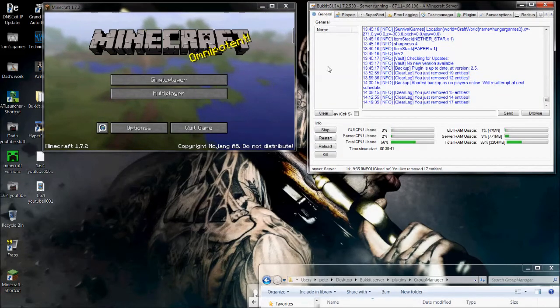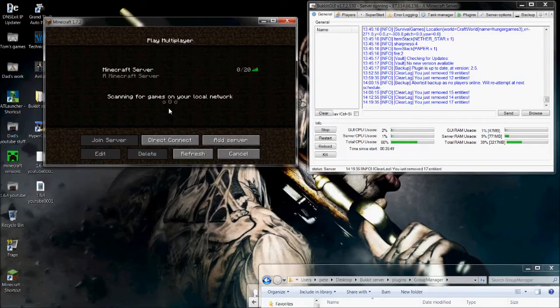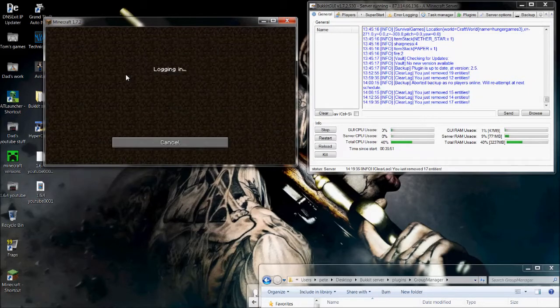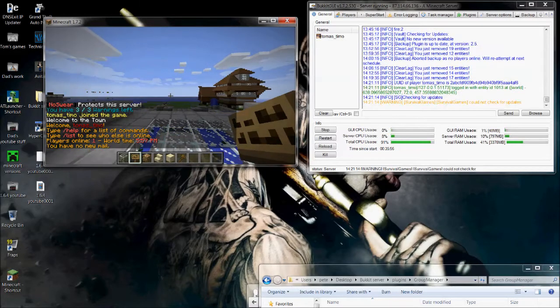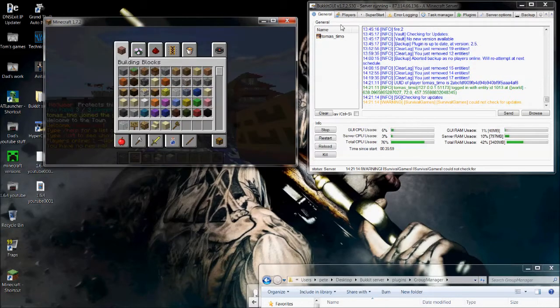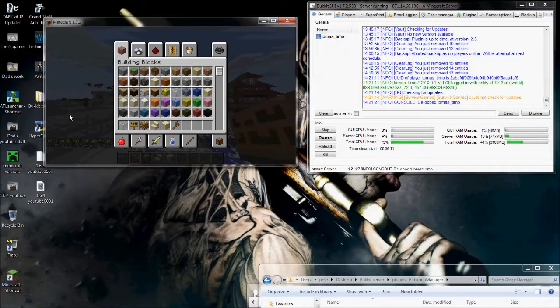You obviously probably know this if you're looking this up anyway. But if we go and join the server. So I'm going to pause that there a minute. Come up here. This is a Bukkit GUI. This is pretty good for running a server actually. Anybody wants something easy to do? So I'm going to de-op myself,